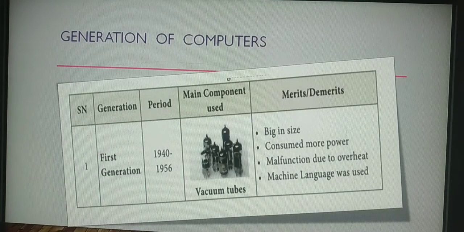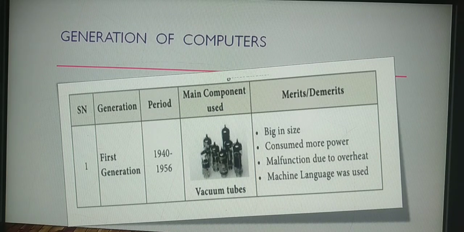Yes, the next one, it is another important question in this lesson, that is generation of computers. Discuss the various generations of computers. In your book, you have to mark from page number 1 to 3. So you people can write this in a tabular column format itself. Otherwise, you can write it as a single paragraph also.